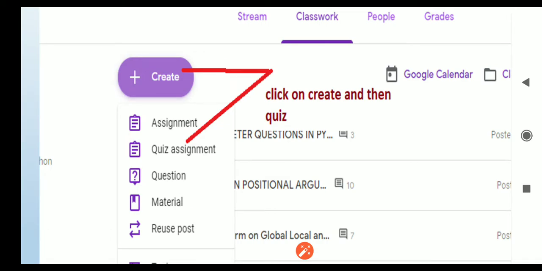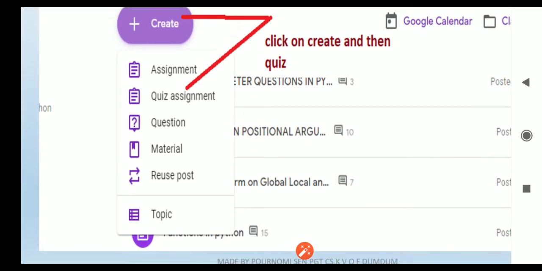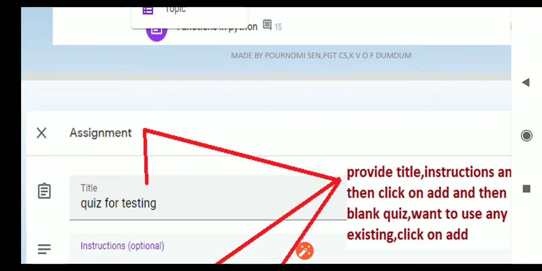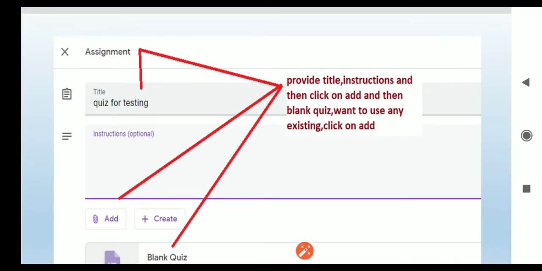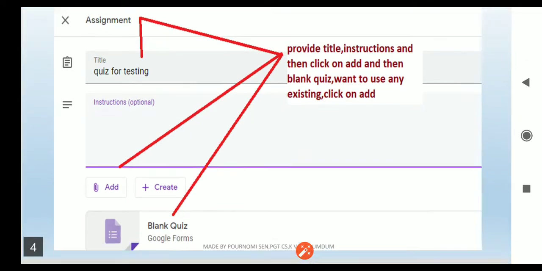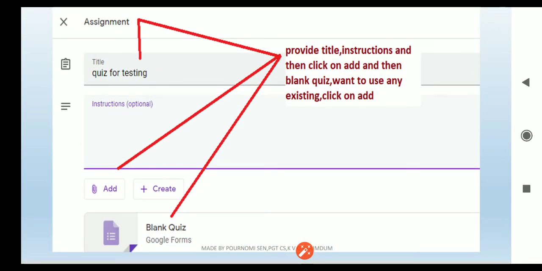We have already discussed these in short in my previous video on how to use Google Classroom. We are just going to discuss this in some more detail. Okay, so first click on create, then click on quiz assignment. When you click on quiz assignment, you will see this window. Here, as you can see, two options are there. One is add, the second one is create.